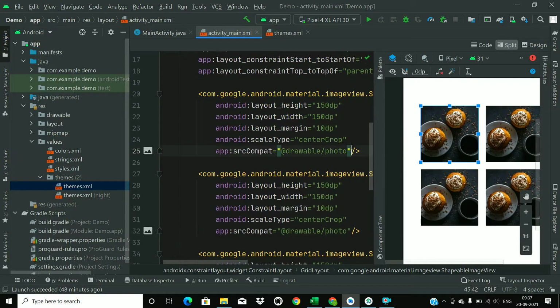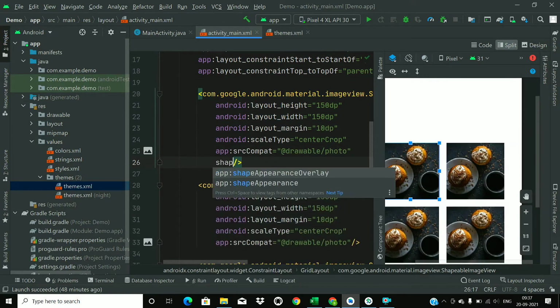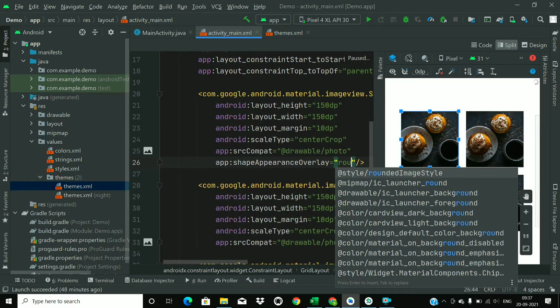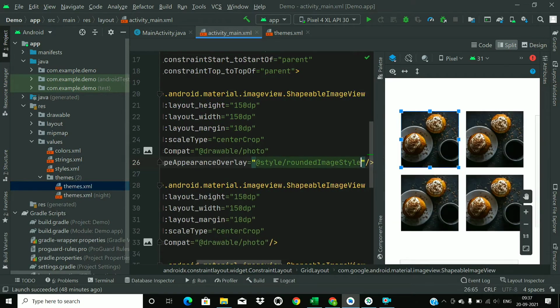Okay. Now we assign this shape appearance overlay and rounded image style. So we have assigned this rounded image style to the first image view.